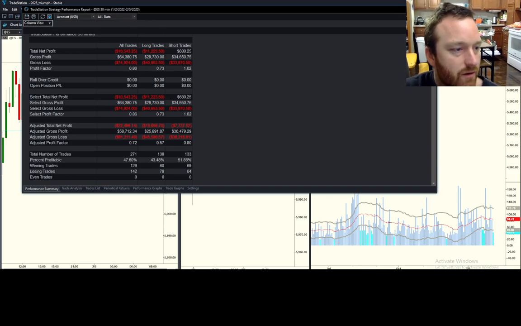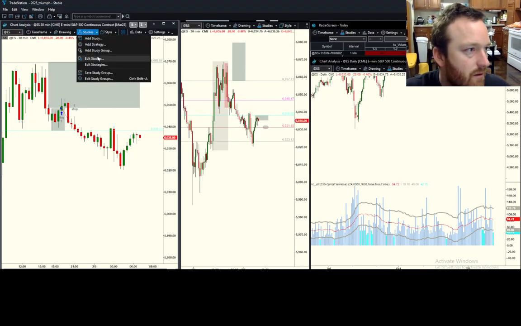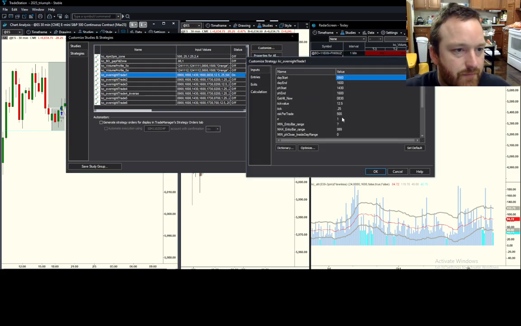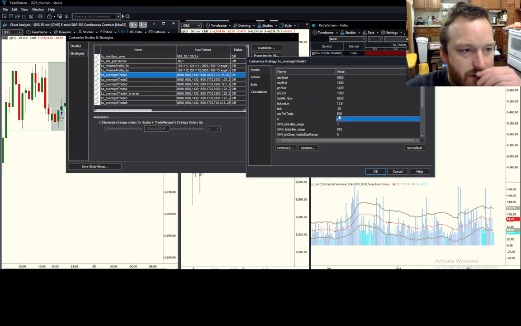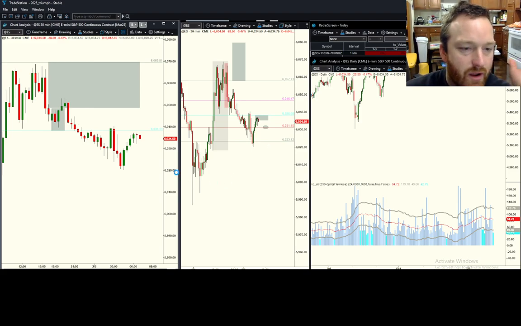And keep in mind, we are looking at the opposite of this system. I just don't want to code it the opposite. I think it's fine. I don't need to recode it. So the 2R seems to be the poorest performing. So 0.5R seems to be the best thing we got, honestly, at least for an overnight open breakout.